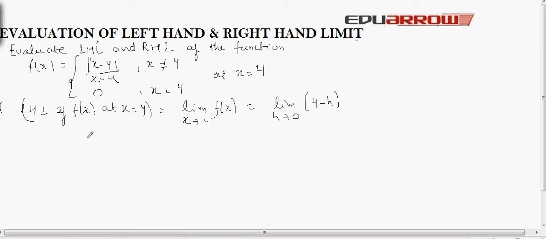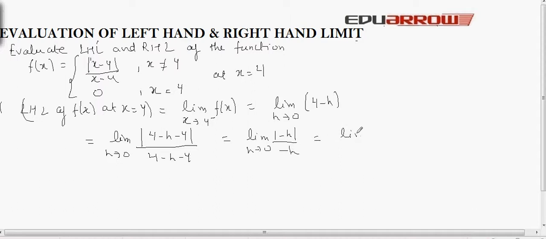So replacing this term, replace x by 4 minus h in the function, we get limit h tends to 0 mod of 4 minus h minus 4 divided by 4 minus h minus 4, which will be equal to limit h tends to 0 mod of minus h, because 4 will cancel out by 4. Here also 4 will be cancelled out by 4, divided by minus h,